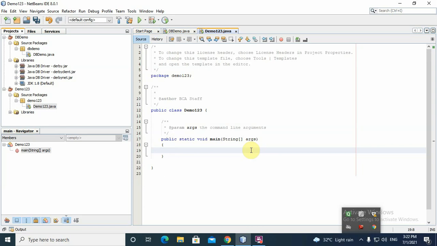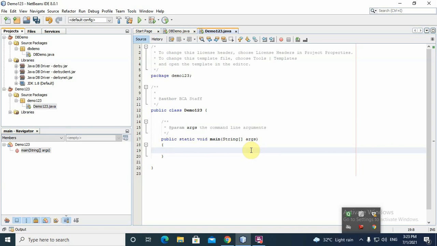The next one is create connection. That is, you have to create one path to send our queries into the database. That is the connection path. The third one is arrange the statement object to send our query from the Java application into the database engine.